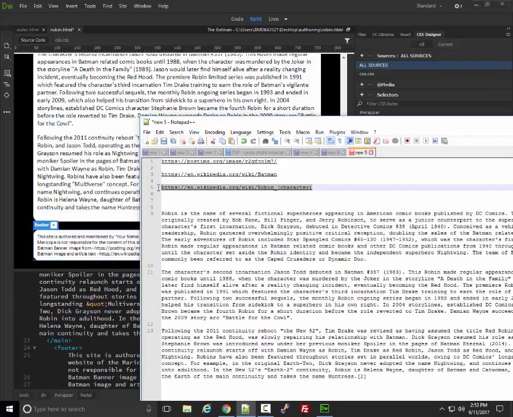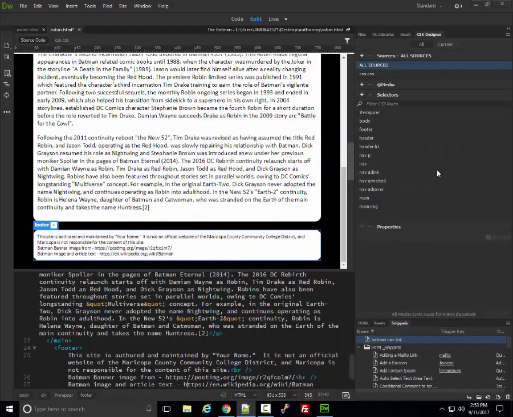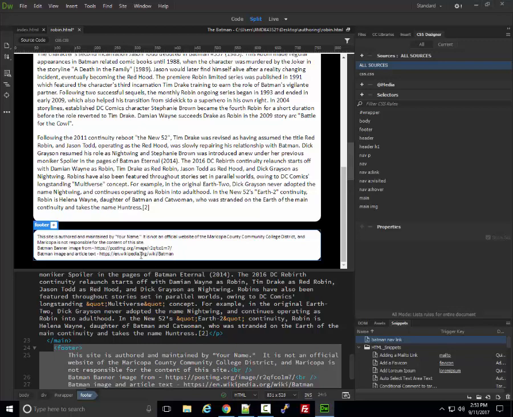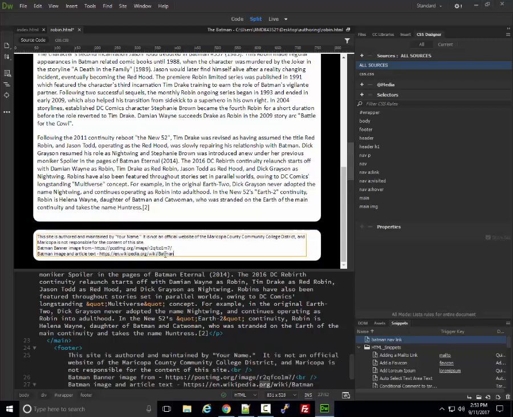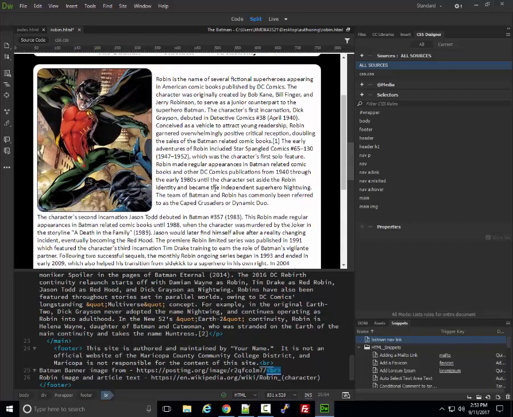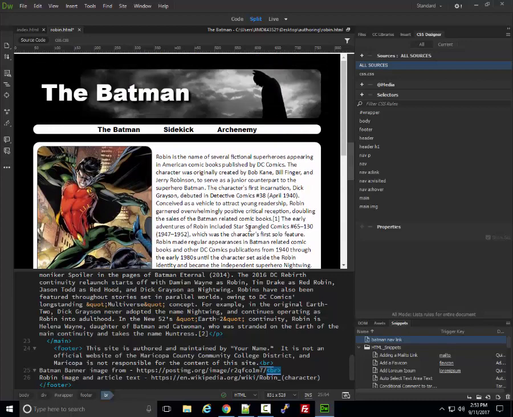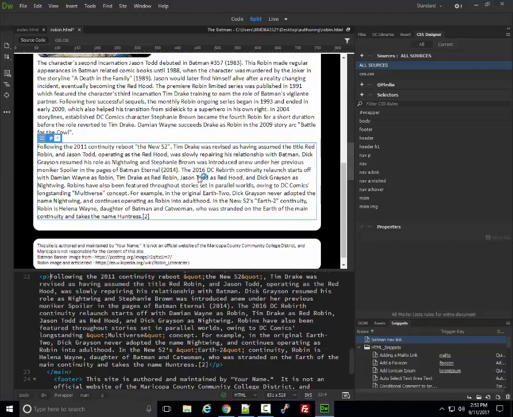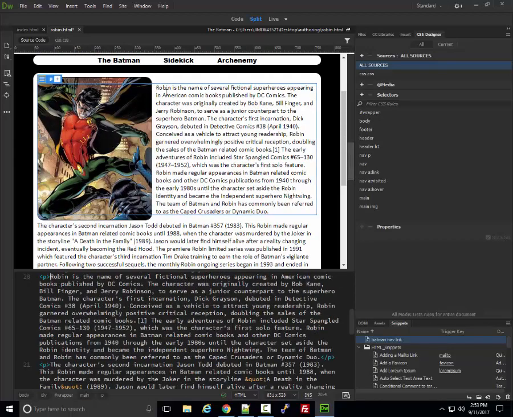So here we'll grab this Robin citation. This Batman banner we're still using, so we'll leave in that citation. But I'm going to double click on this one and change out Batman for Robin. Cool. All right, and one thing I thought I would do, just because this says the Batman, but we're seeing a Robin here, so I thought I'd put in maybe a heading. We'll put in something like